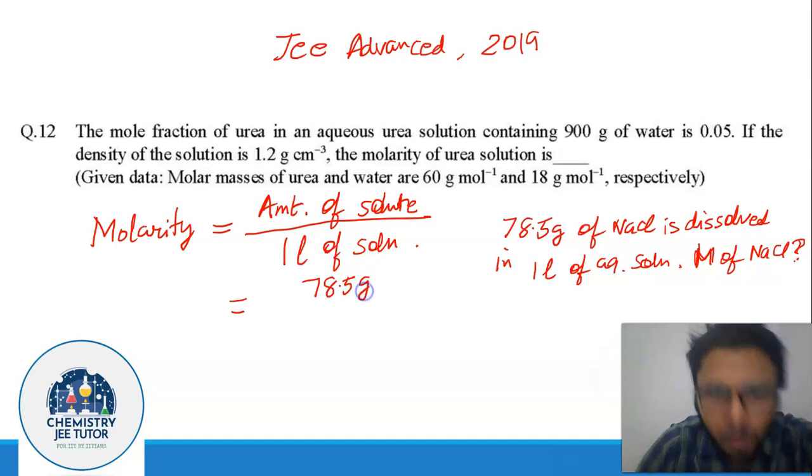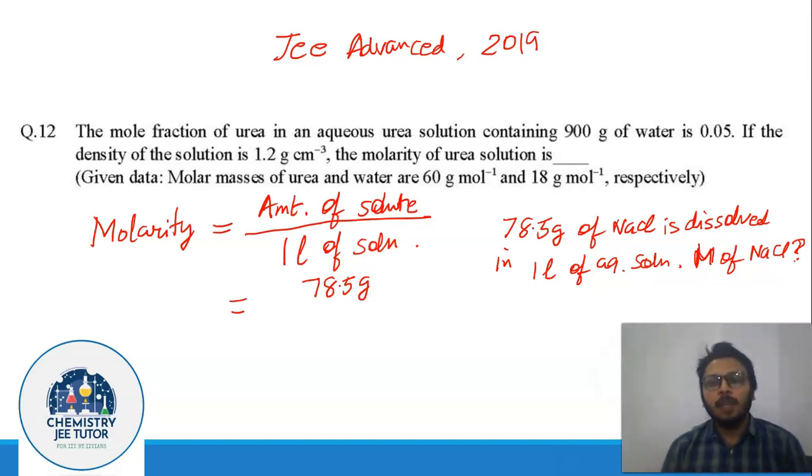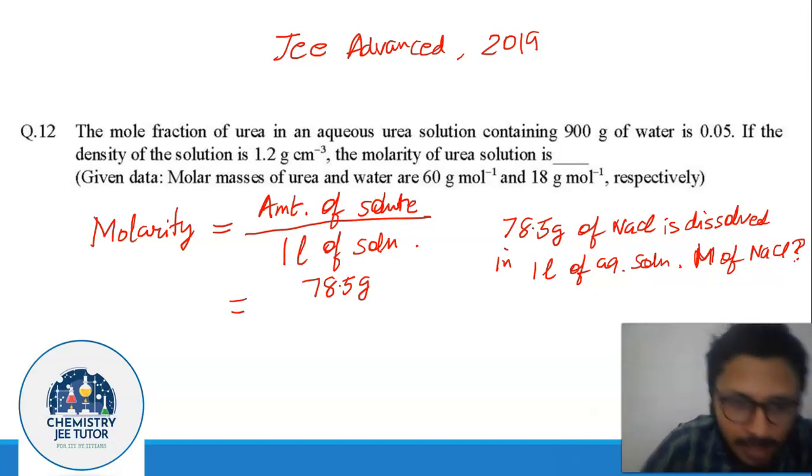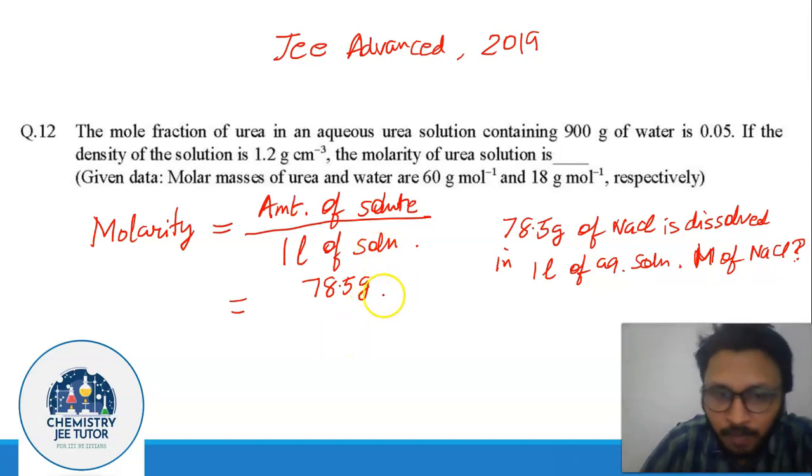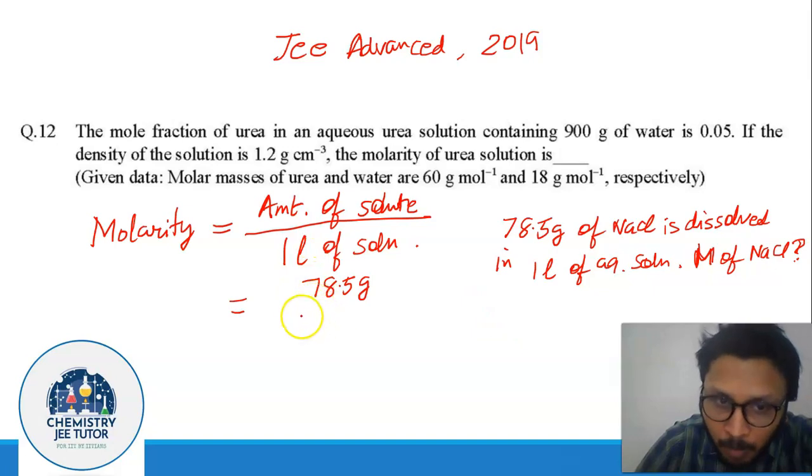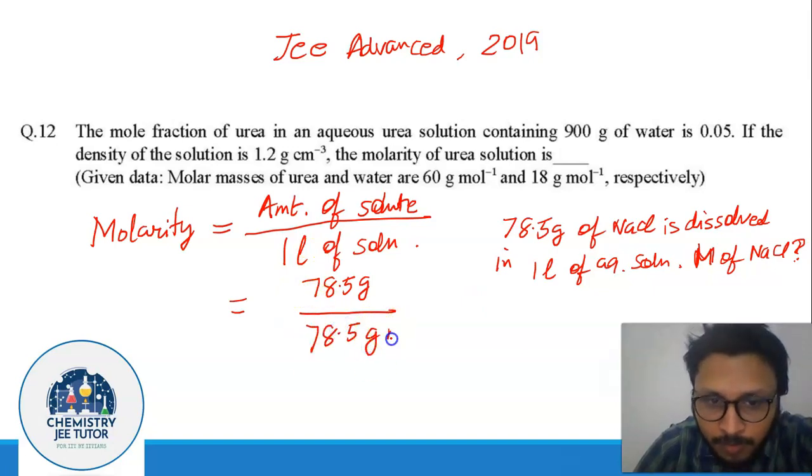Now another thing you must remember before we do any mathematical questions is we should always look at the units. If we have an idea about the units or how we can cut the units, then even if we don't remember the formula, we can easily calculate the answer to the question. So let us see, it is given 78.5 gram. Now 1 mole of NaCl is 78.5 gram per mole, so we divide it by the molecular weight.